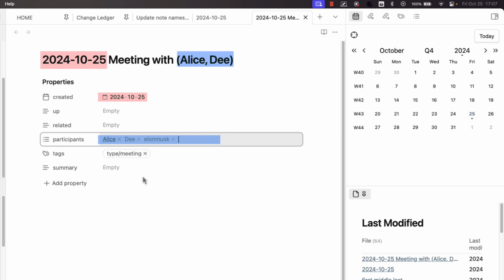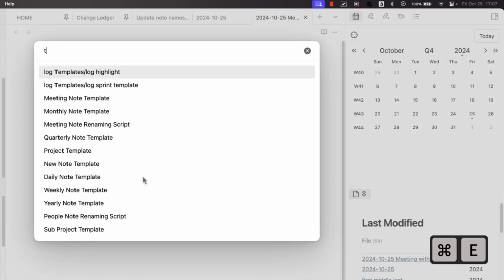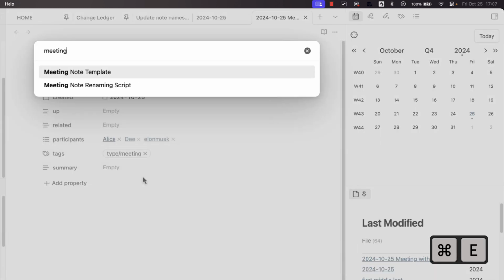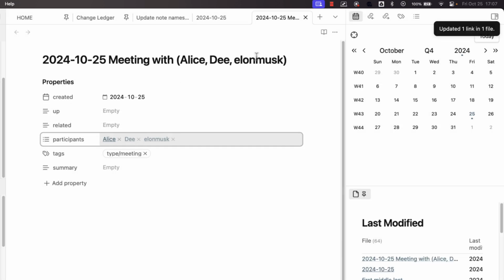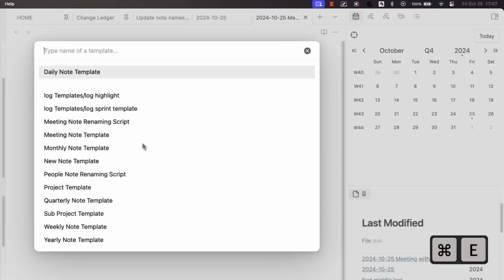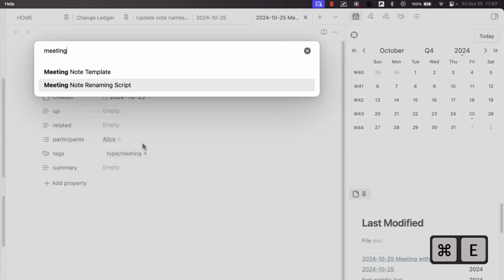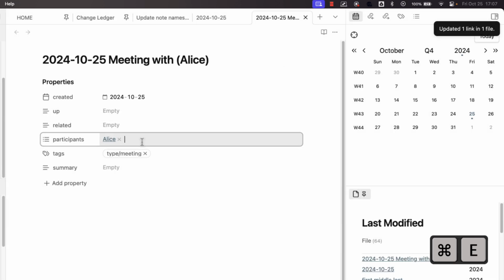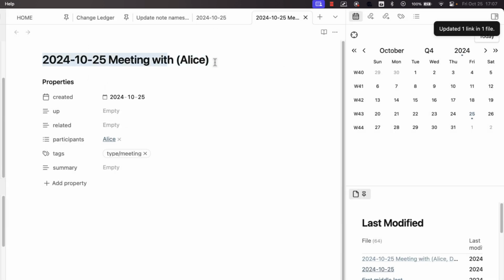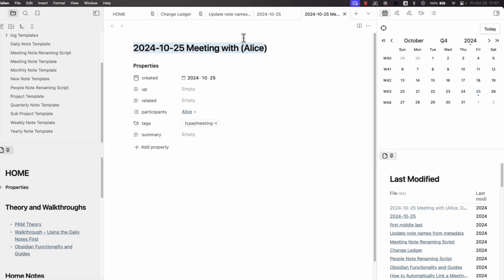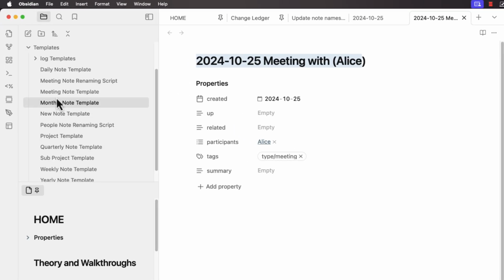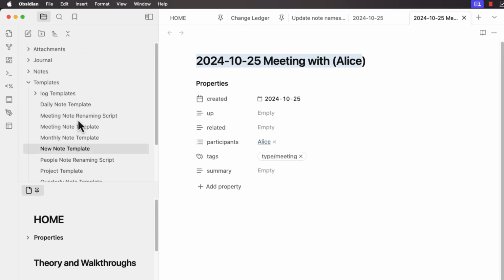To update this meeting note, we can just run the script again. I'm going to say meeting note renaming script, and you can see it updates. Or let's say D and Elon Musk didn't show up. We can just remove them and then update the meeting note with the meeting note renaming script. This is one way to update a note name, and the code behind it is